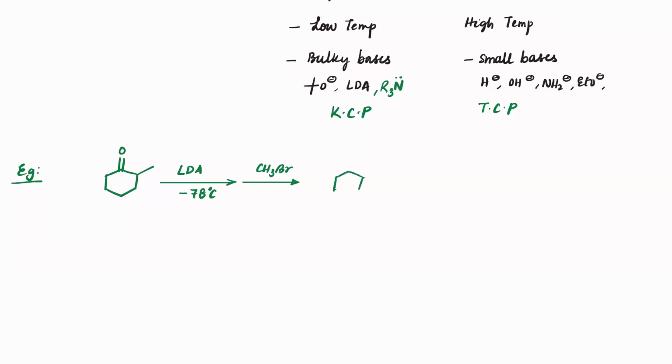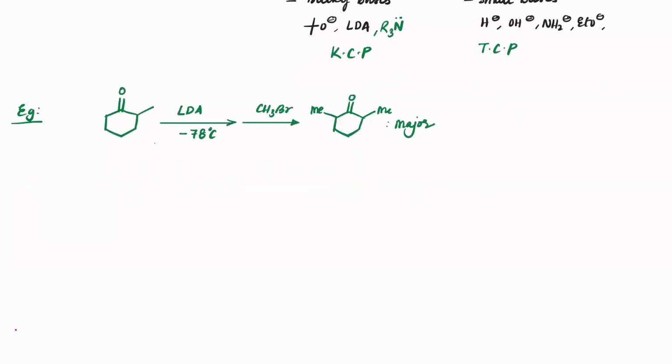So I'll write this as double bond O. You know that this hydrogen removal is more observed when you use LDA. Therefore, that is the direction where you will write the methyl here. So this is the major product, correct? But if I take the same reactant here, but this time I'm taking NaH in hexane,